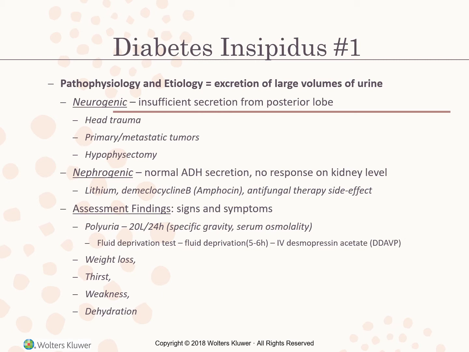In assessing somebody with diabetes insipidus, you'll find that urine output can be as high as 20 liters for 24 hours. The urine will be dilute with a specific gravity of 1.002 or less, and limiting fluid intake won't actually control the urine excretion. The thirst is always going to be excessive and constant, so we have to make sure that activities are limited because of the frequent need to drink and void. When you're assessing them, the symptoms they generally complain of are weakness, dehydration, and weight loss.